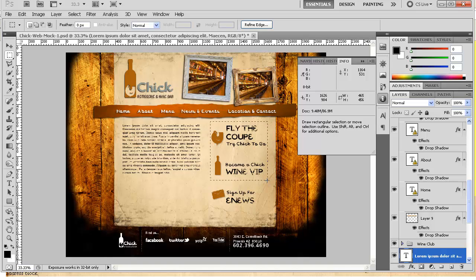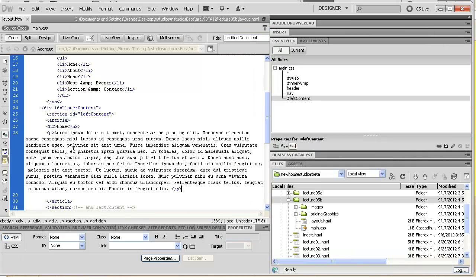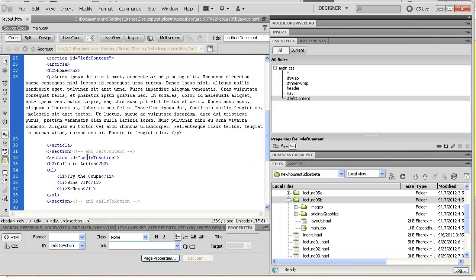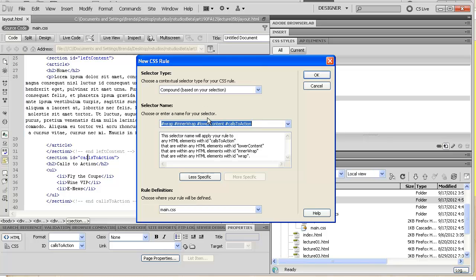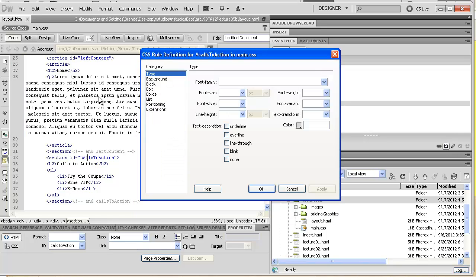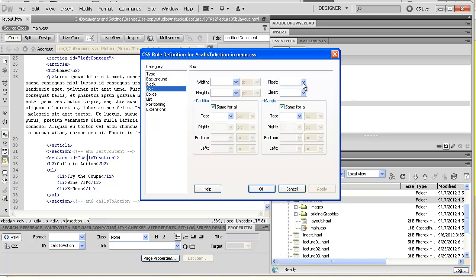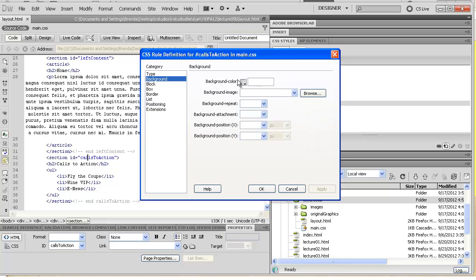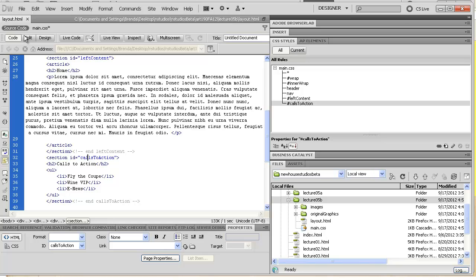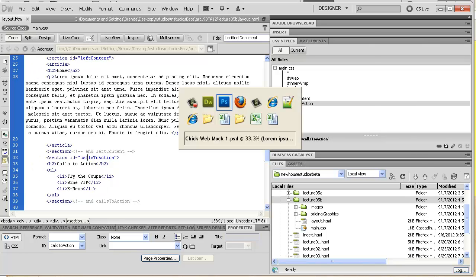So this, we're going to say, going off of the widest thing, is 450, and it is the calls to action. So we're going to do that. Okay, and it floats right, and its width is 450, and its background color, we'll make it gray, and save all,